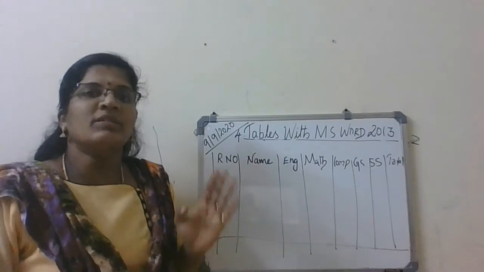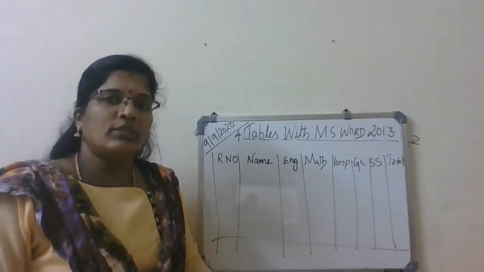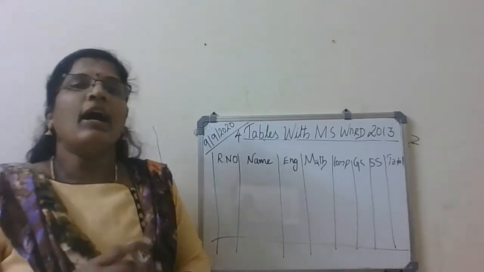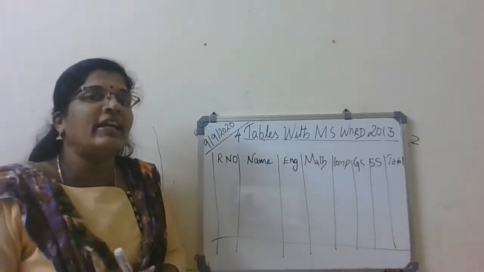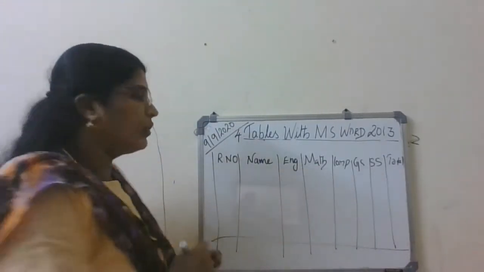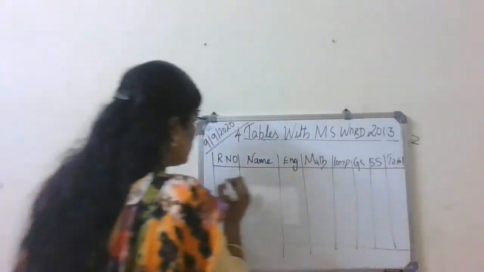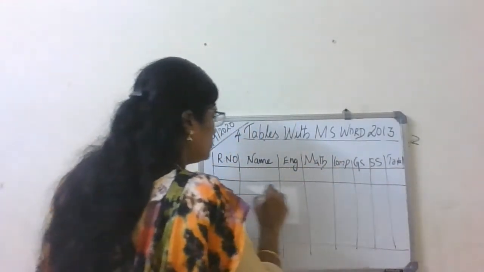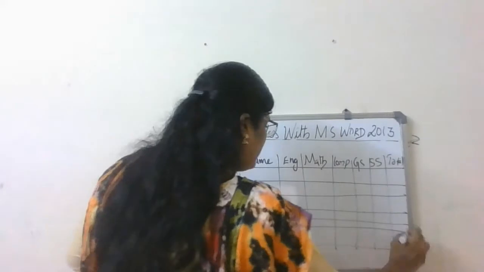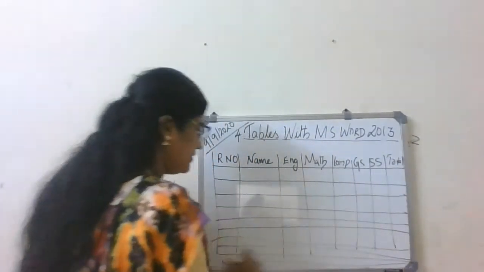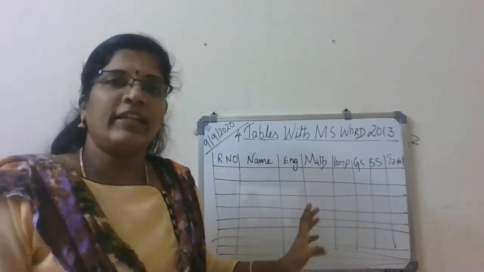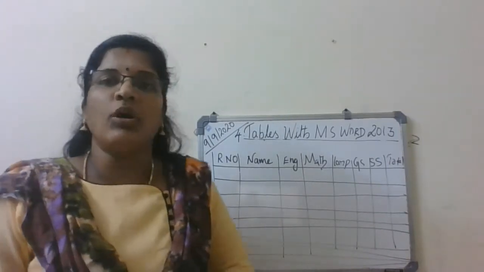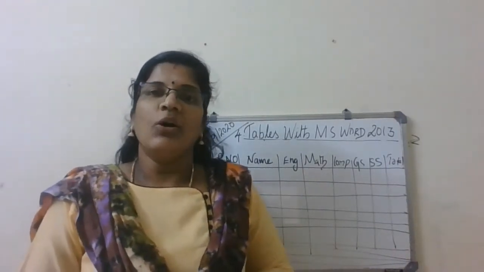Okay, but columns are the same. But for rows, how many rows do we need? As I said, I want to enter details of a 10 students mark list. So how many rows do I need? 11 rows. Already this one particular row is over. Okay, so here 1, 2, 3, 4, 5, 6 is there, 7, 8, 9, 10. So the space is not enough, so I'm just wrapping up here. I completed the table here. Got it? So this is the way you have to draw a table. Clear, students?